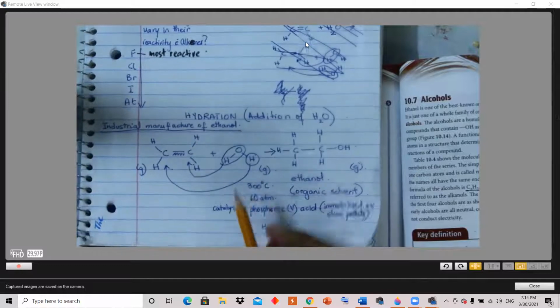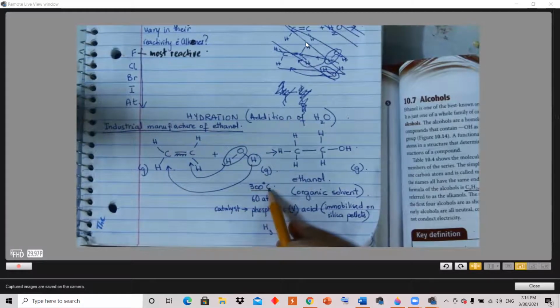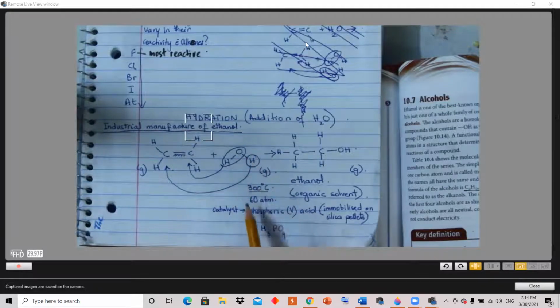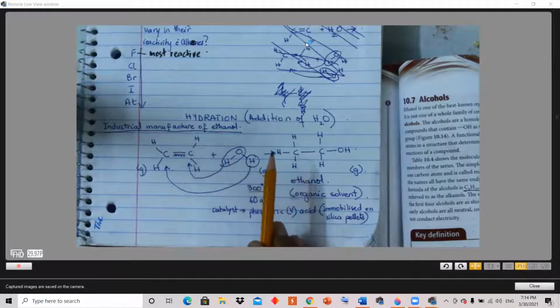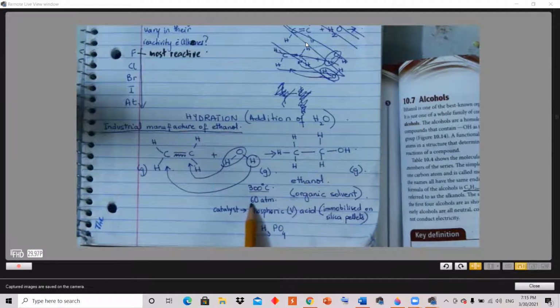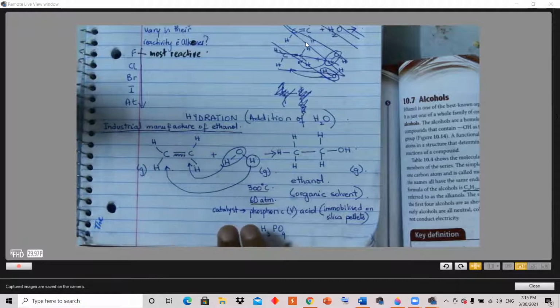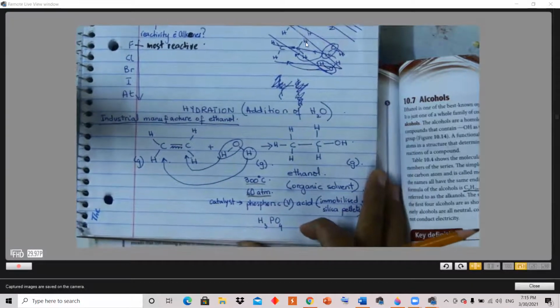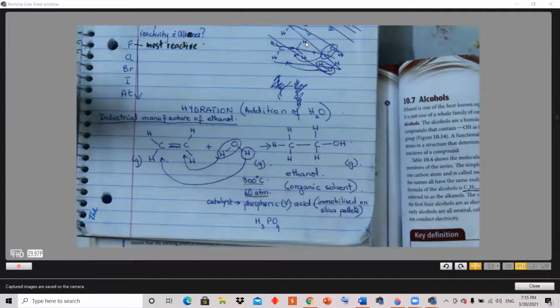Again, this is also not spontaneous, meaning you have to give a lot of energy to break these bonds. Not only that, their boiling points are so low that they are all in gaseous state, so much so that in order for them to react, you have to pressurize them, squeeze them in a small volume so that they can come into contact with each other. Otherwise they won't react, because they're so volatile.